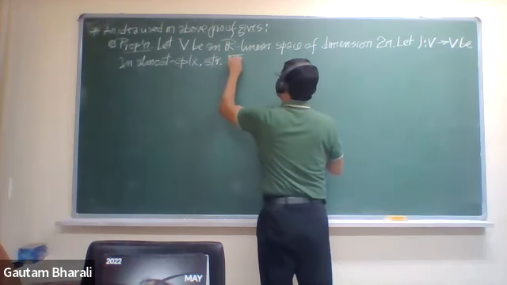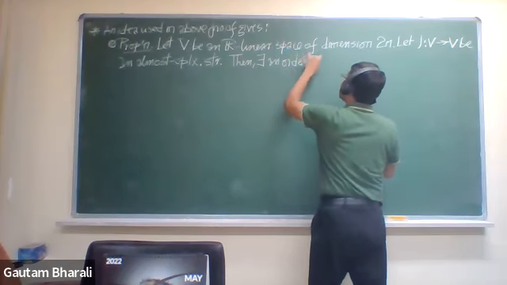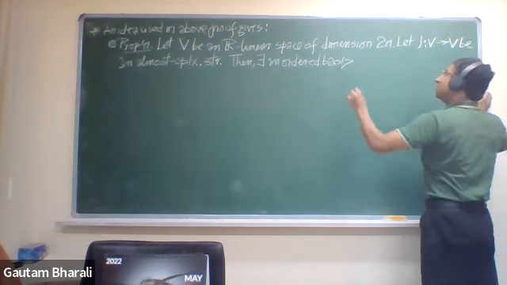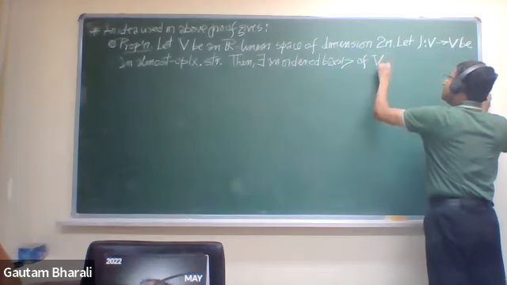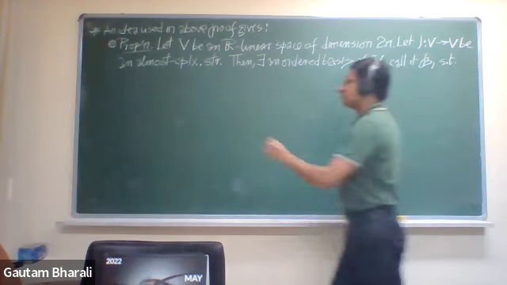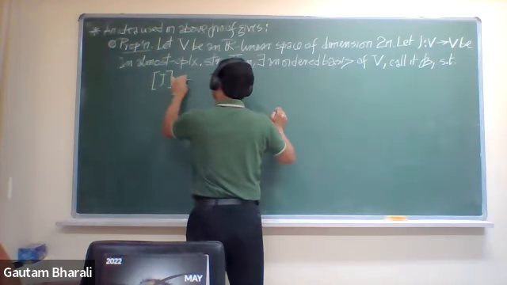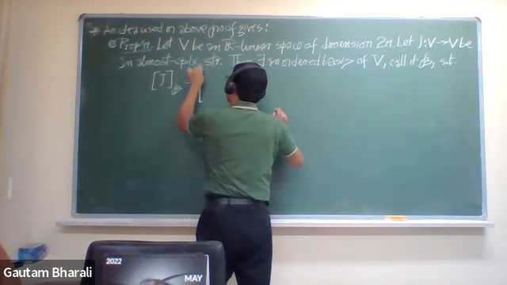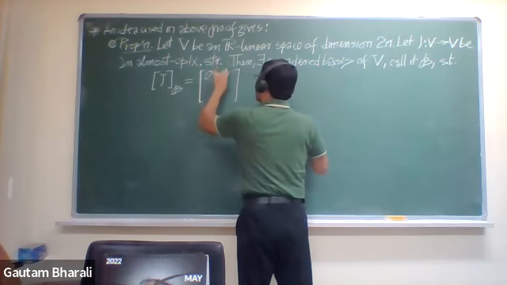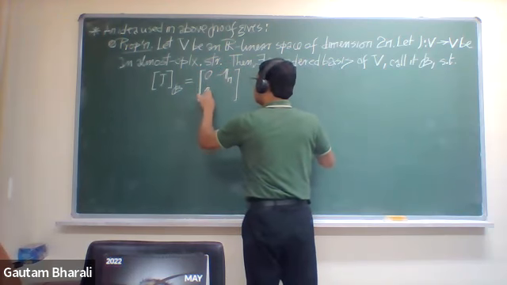Then there exists an ordered basis of V, call it script B, such that the matrix of J with respect to this ordered basis is a 2x2 block matrix where the blocks are 0, minus 1 sub n, 1 sub n, 0,